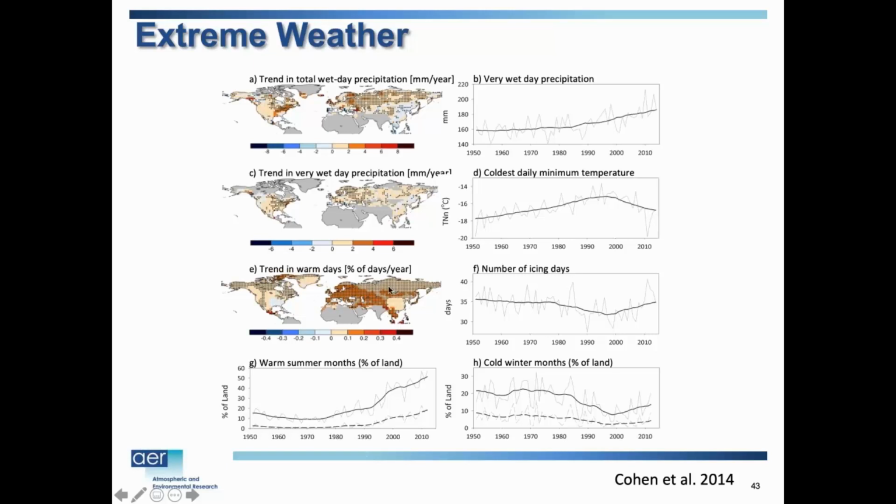Again, here's a two-dimensional look at it. You can see that more locations across the world are experiencing warmer days and heavier precipitation events. But if you look at icing days, days below freezing, or cold winter months, there was something interesting happening with the trend. There's, as expected, a decreasing trend in cold extremes, but it bottomed out in the 1990s and then reversed course a bit. That was an interesting result that I noticed.